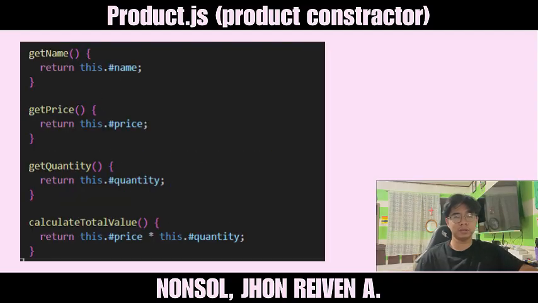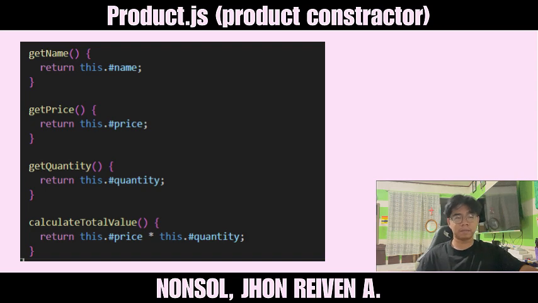So with that, we write some methods in order to access them in our other JavaScript file, the script.js. We do the getName. Since our attributes are private, we need methods in order to access them. So we do getName returning this.name. Meaning, if we access getName, it will return the name of the inserted values.